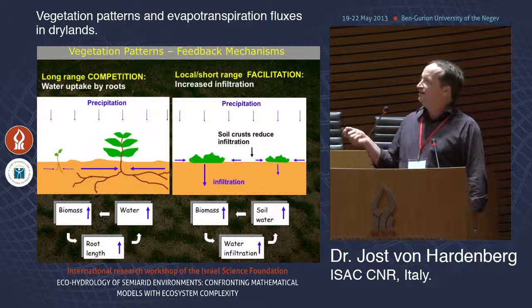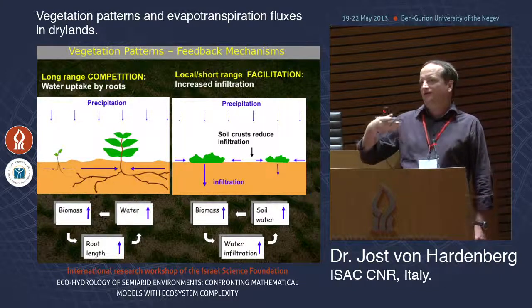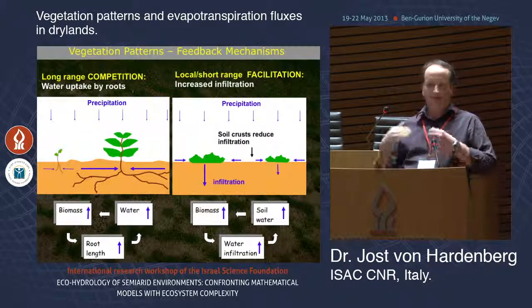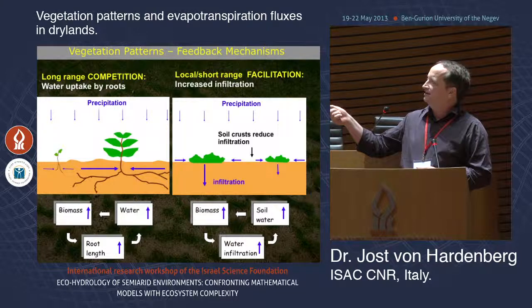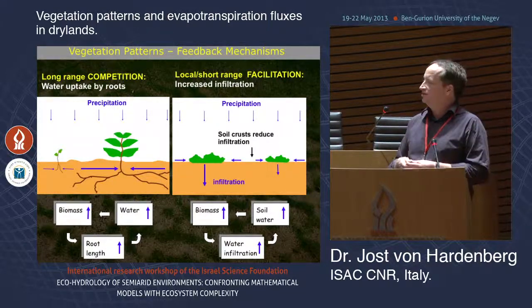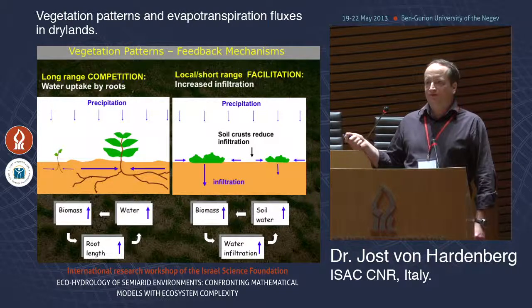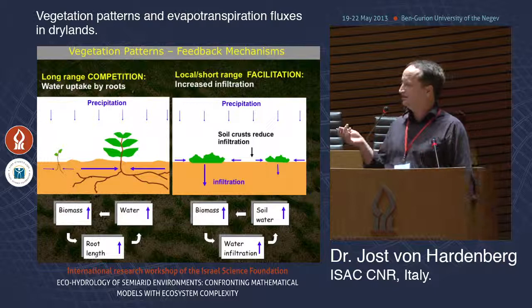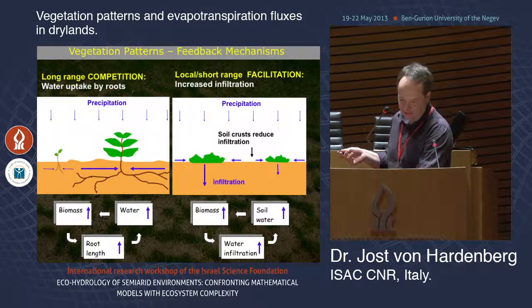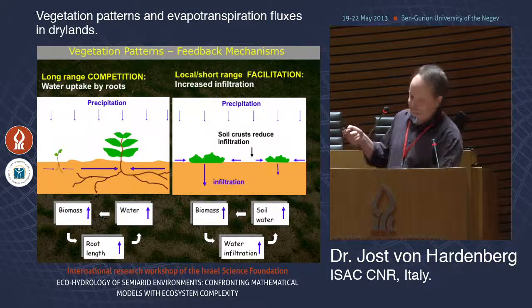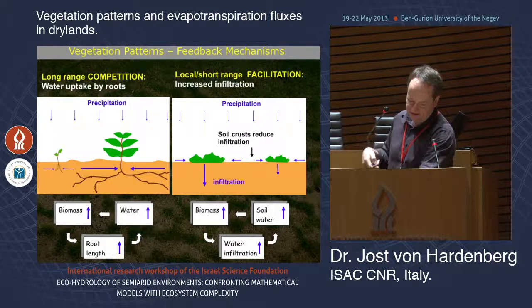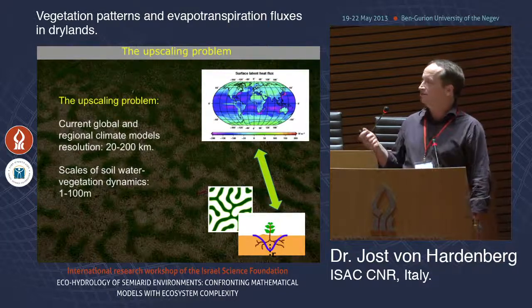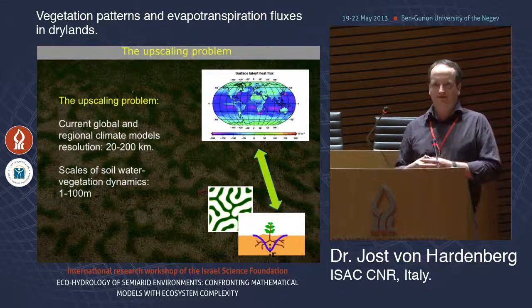You have the infiltration feedback, but again, the infiltration feedback is also due to the presence of sealing or of biogenic crusts, and the changes in infiltration due to the presence of vegetation. Again, these involve water movement over scales of the order of tens of meters or hundreds of meters at most. And these patterns, on the other hand, these scales directly correspond to corresponding scales in terms of the evapotranspiration pattern of